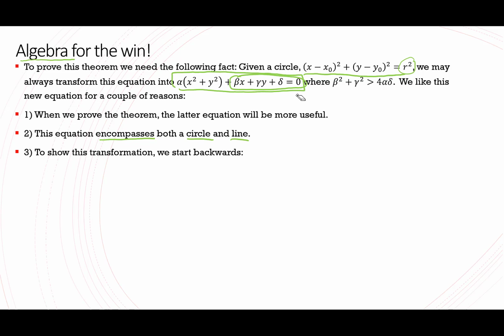Now, how do we actually show that we can do this? Well, we're going to start backwards, kind of like our epsilon delta proofs. Let's suppose that we have an equation of this form. I'm going to show you that we can get the equation of a circle if we have this condition here, and then if you follow my algebra backwards, you can start here and end here as well. I'll explain that in a little bit. But in any case, let's suppose we have this crazy equation. I'm going to show you that we can get the equation of a circle provided beta squared plus gamma squared is greater than 4 alpha delta. Are we all supposing?